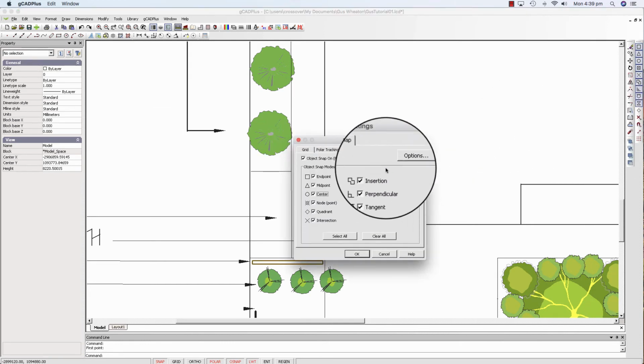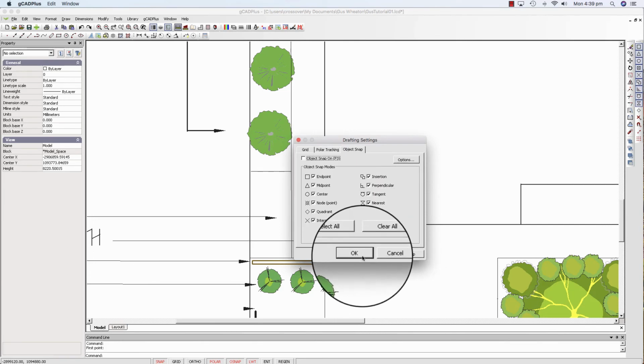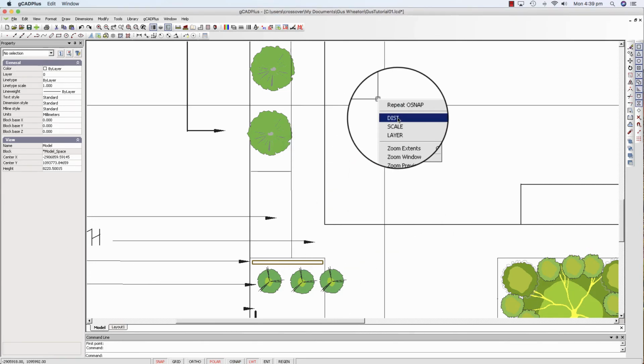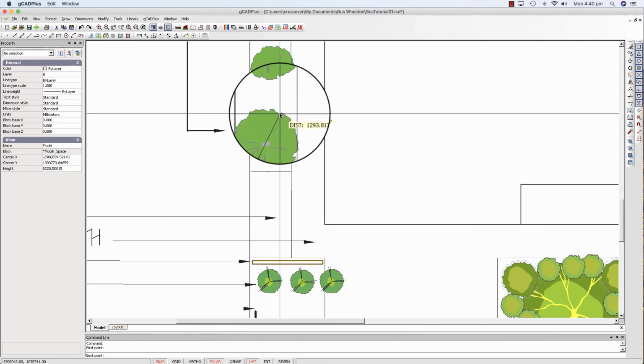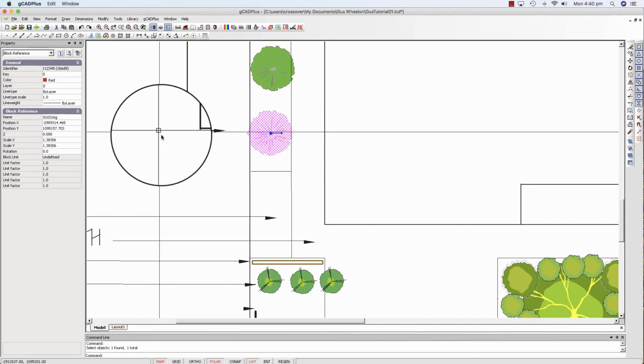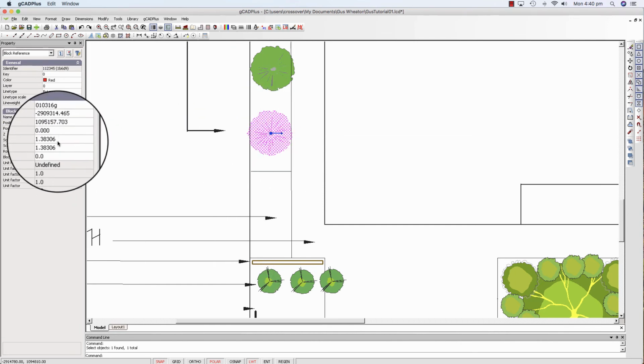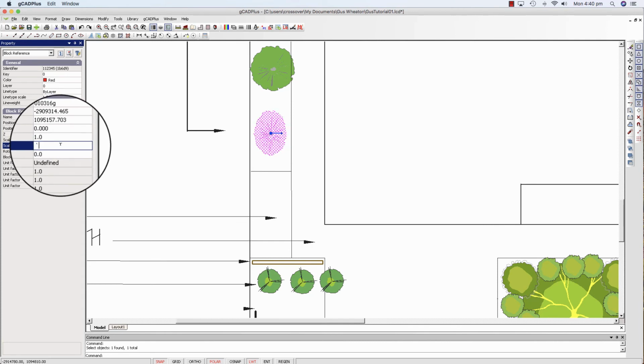For the moment, we'll just take it off because I want to use the distance command and measure from one side of the canopy to the other, and I've got 1300. If that was inserted at a scale factor of 1, and I'll change that to 1, oops,